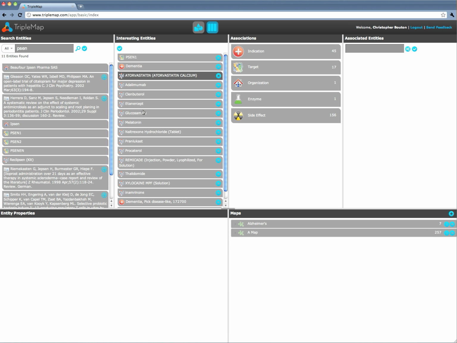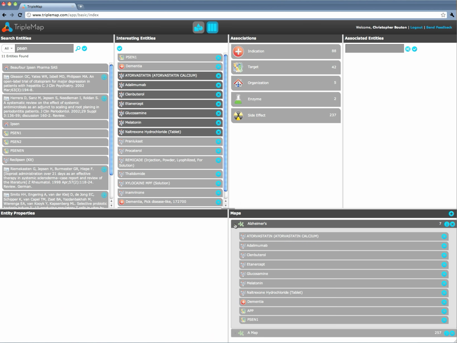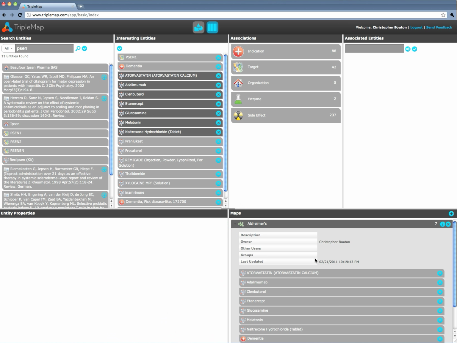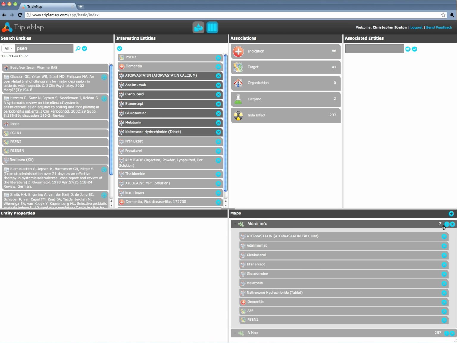So for example, I can grab a set of compounds that I think are associated with Alzheimer's disease and just drag and drop them into the Alzheimer's map. I can open it up, view those entities. I can also view more information about the map by clicking the information button. I can delete a map just by clicking delete, and I can create a new map just by clicking on the create map